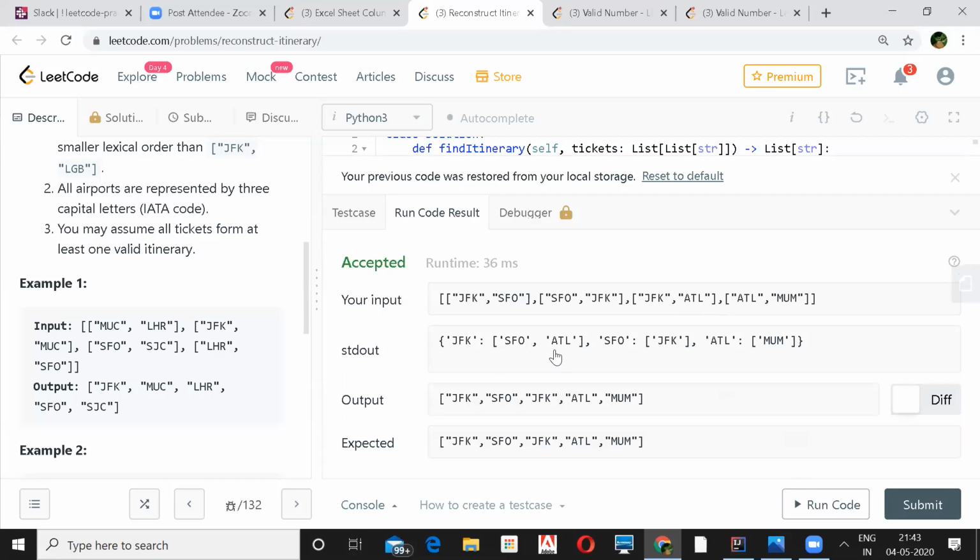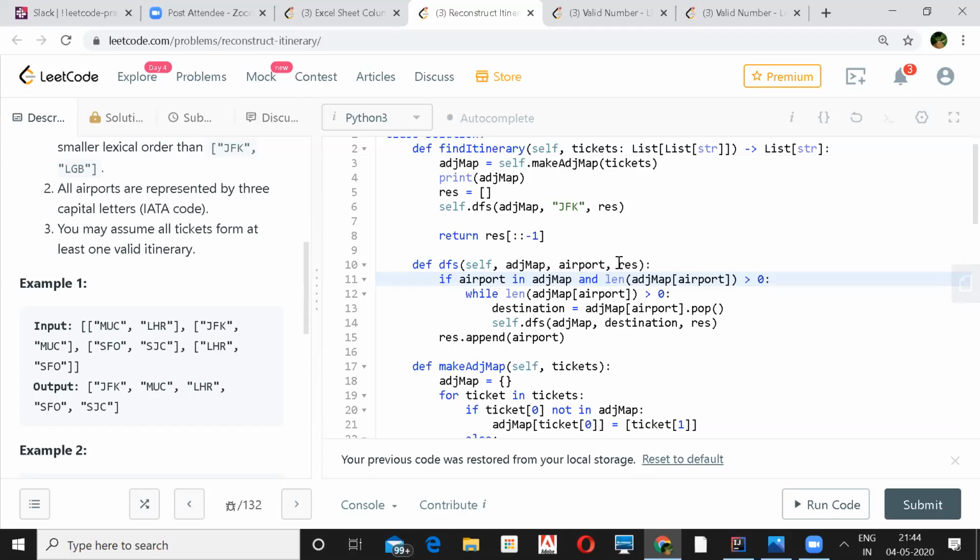Wow. So for JFK, it still takes the same way. Wow, that's good. So all the validity cases come at the end, and all these cycles are actually exhausted first. So how come it did not pick ATL and instead it picked SFO? Okay. Can you show the code, Sam? Yeah, sure.